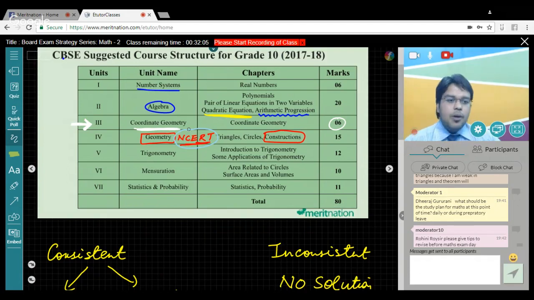Do not solve the sample paper right now. If you have already solved them, go to the basics. Take up any reference book, R.D. Sharma or R.S. Aggarwal if you want, if you're through with NCERT. But make sure you do the NCERT thoroughly.